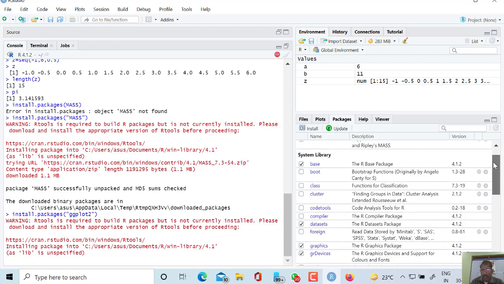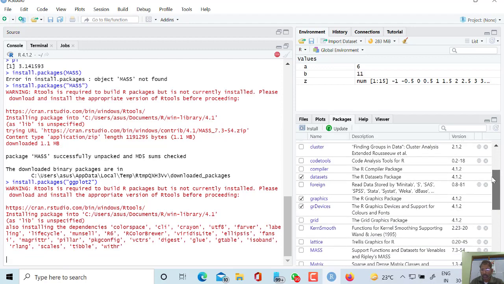And let us see what other important packages are there.